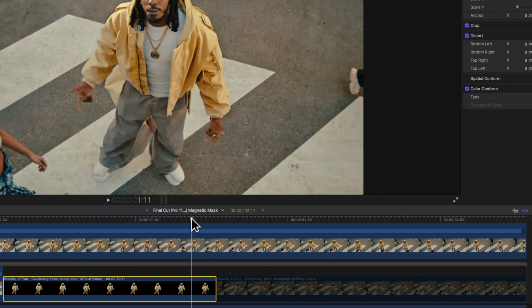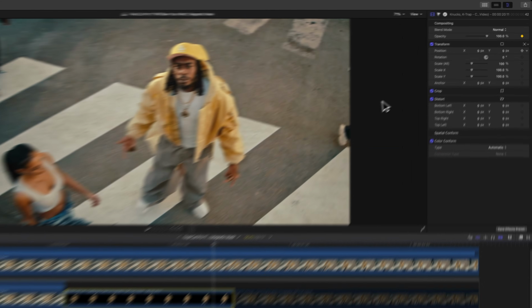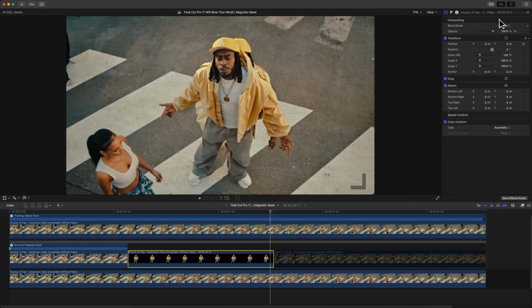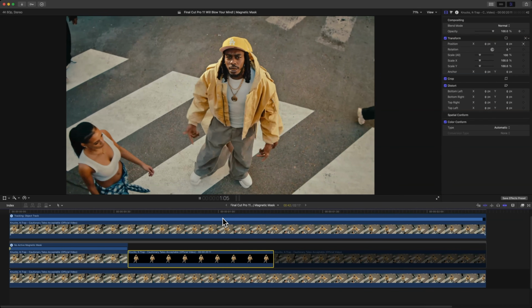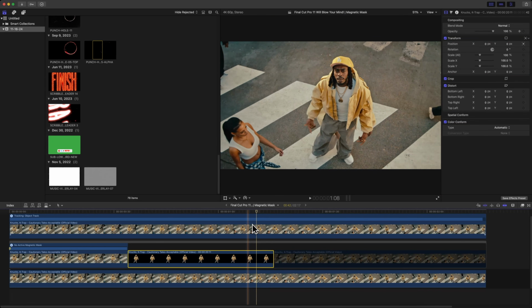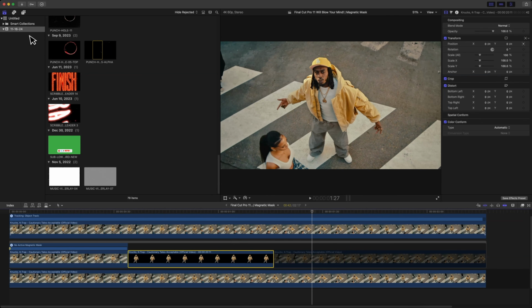So let's say right here, we add a keyframe next to opacity, and you go to the end, one frame to the left, and you bring it down. You could do something like this, or you could do something a little bit more creative and use the surge effects